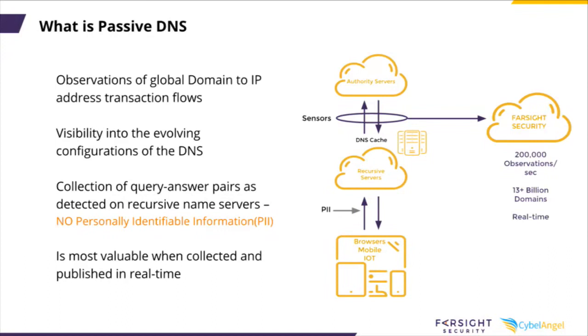When you go to look up fluffybunny.com and it doesn't exist locally, you have to go to the root server, the .com root server, to find out where Fluffy Bunny lives. That's what we catch. We have a network of sensors around the world at Farsight, mostly through handshakes and partnerships, and we can see a vast amount of traffic, which is just the cache miss.